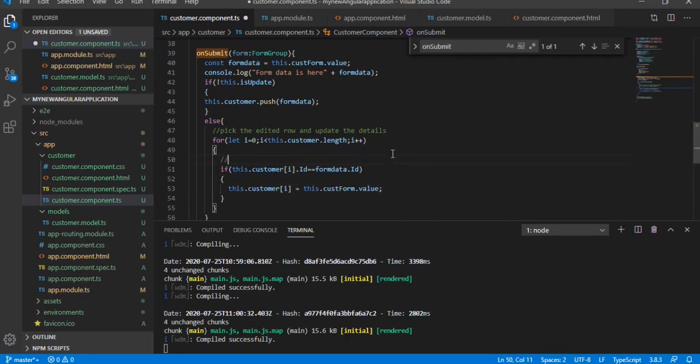Here we are filtering, getting the customer object which is edited, which is to be updated.